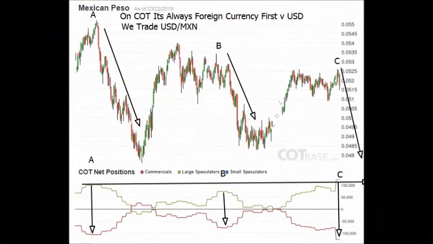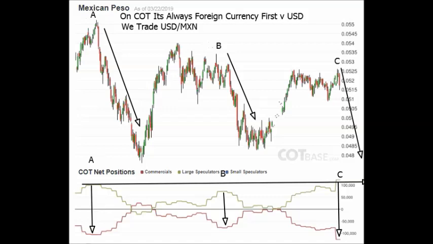Some COT net traders positions before we go and draw levels of entry, stop and target. Now I've made a point for new viewers here on the COT. It's always the foreign currency first. So we're looking at MXN USD. We of course trade USD MXN. So the other way round, and we'll put the chart the right way round in a moment. This chart is just to see what commercial hedgers, the smart money, is doing against large speculators. And I've highlighted